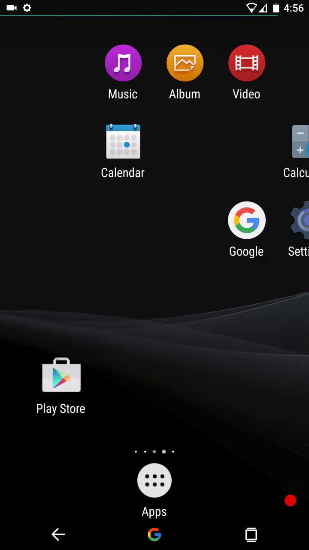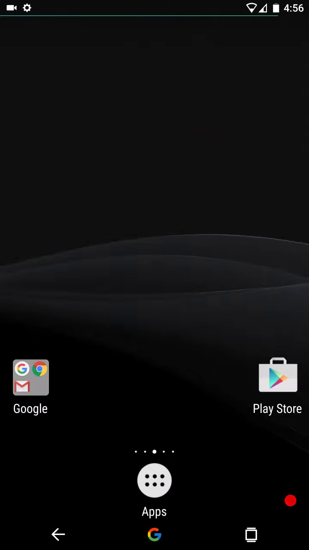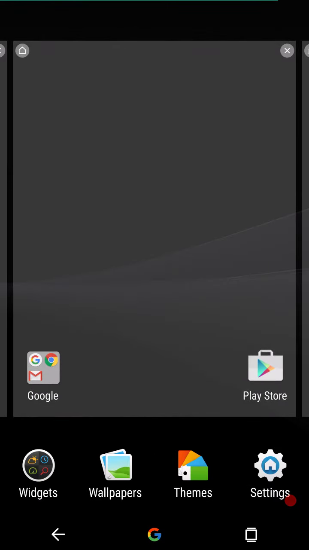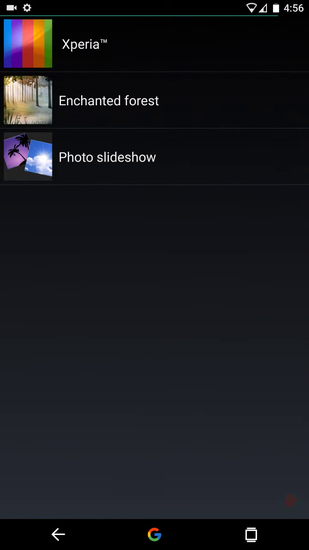I'm running one of the live wallpapers on this launcher. I think it's an awesome live wallpaper. You can pick it in several different colors like this. But not only that, it's got a lot of different kinds of live wallpapers. I think there are three different. So if you go to live wallpapers, you'll see you can have the slideshow, the enhanced forest, which I think